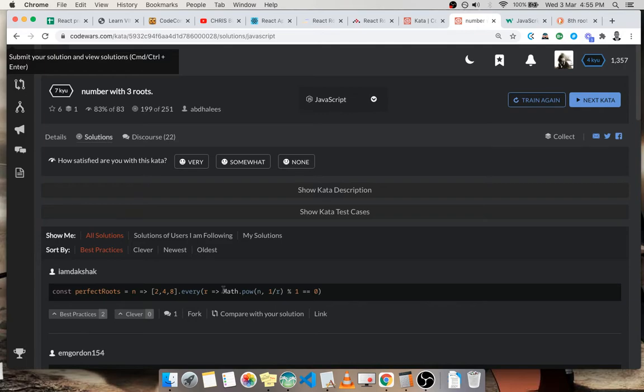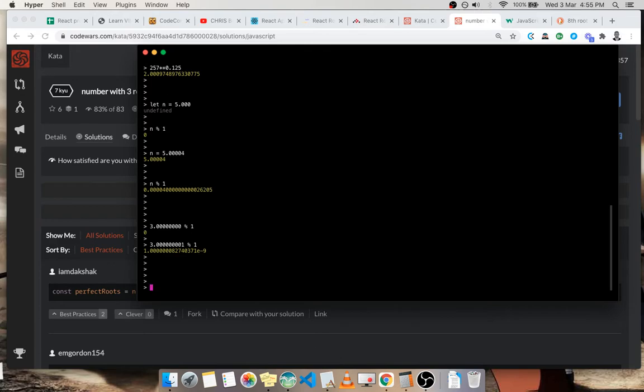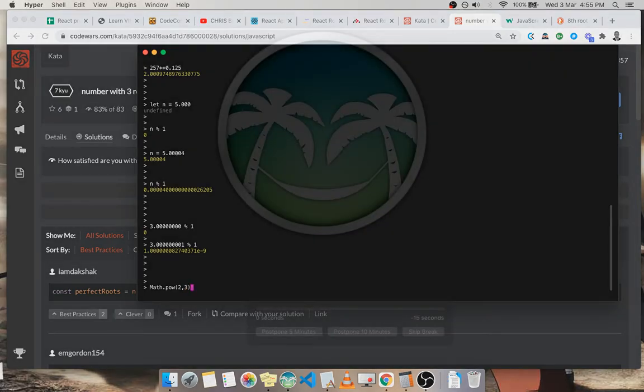Alright, this is another function, a JavaScript function to get the power of something. That would have been good too, like 2 to the power 3 is 8. So I could say Math.pow 2 to the power 3. That's how that function is used. We get an 8,